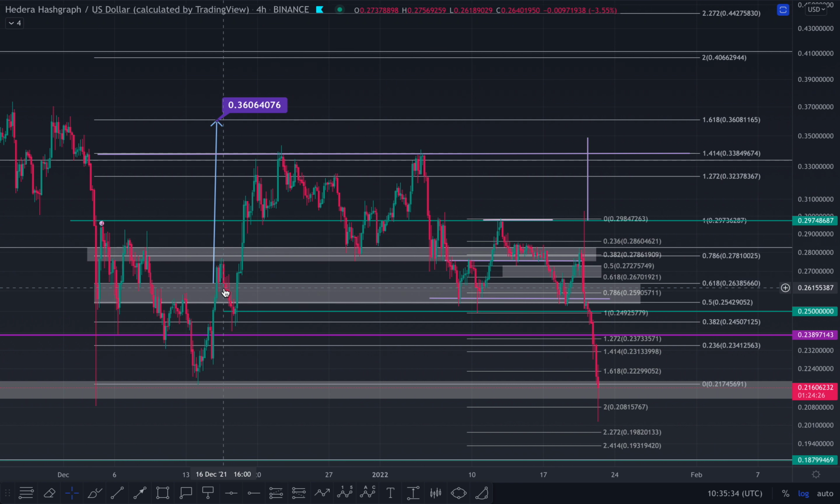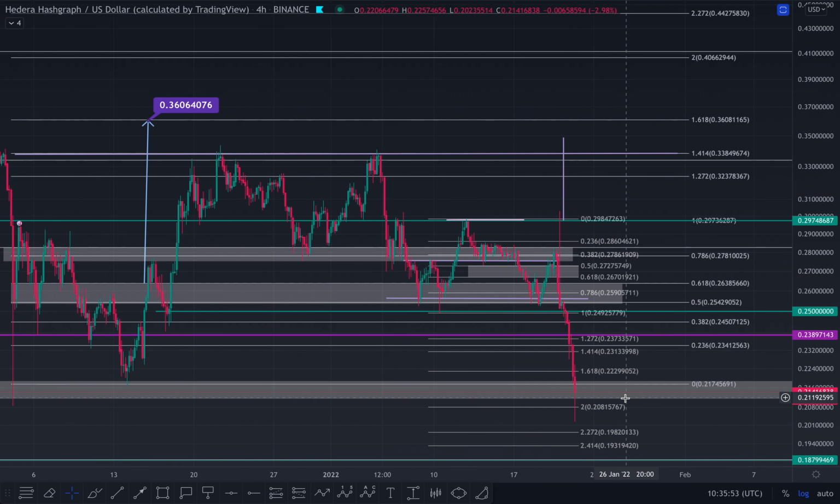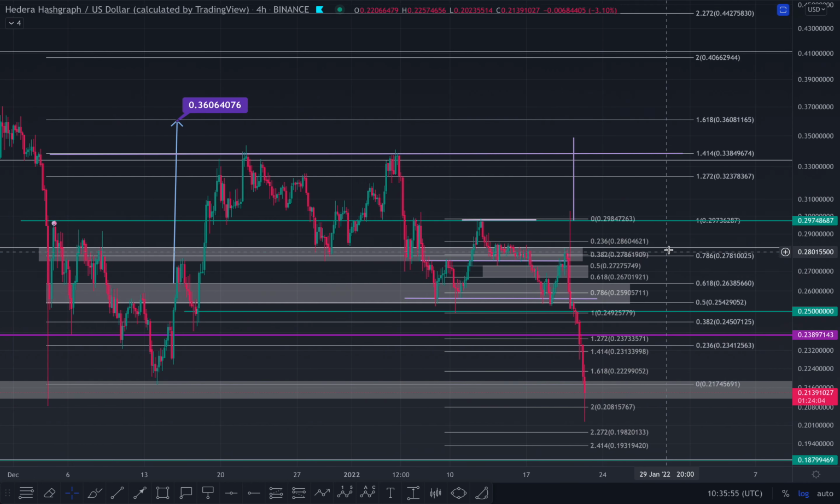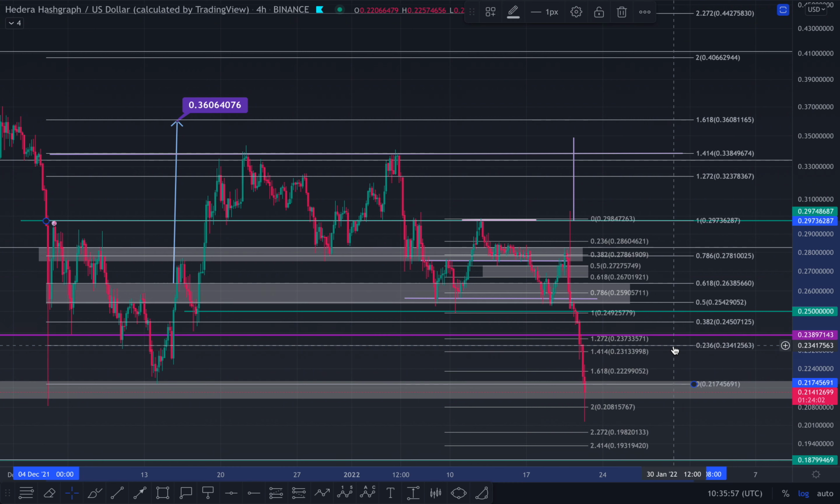Now the area that we must hold to keep that validated is this golden pocket over here, the 0.5 to the 0.618. You can now see that you lost that. Now what that means is that you're basically getting rejected and breaking these lows, and you've come down to that low and you broke below it. We need to see a close above it for potential continuation to the upside, but for now, especially if you close below this, you've definitely invalidated that 1618 target.